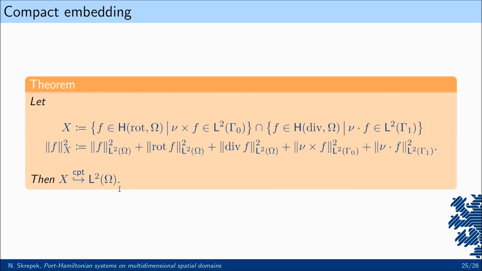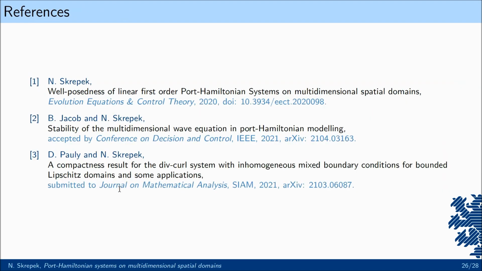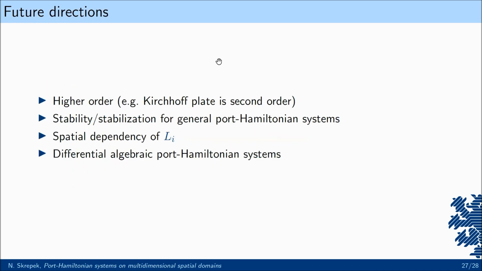Okay, and this is where I want to stop, or I should show my references. The first part, which is already published, is the well-posedness of linear Port-Hamiltonian systems. Then the second part was stability of the wave equation. And the third part was the compact embedding of the div-curl system. Okay, and future